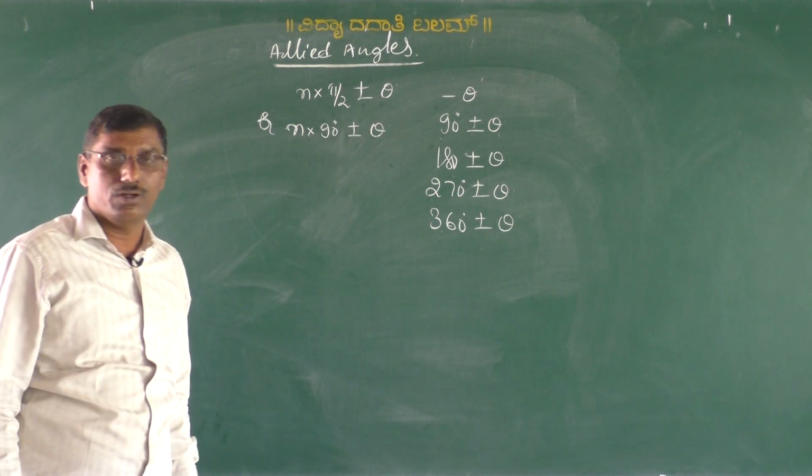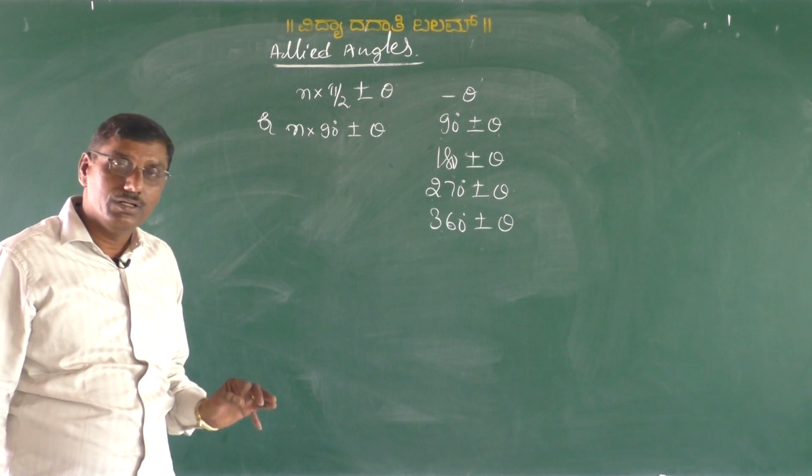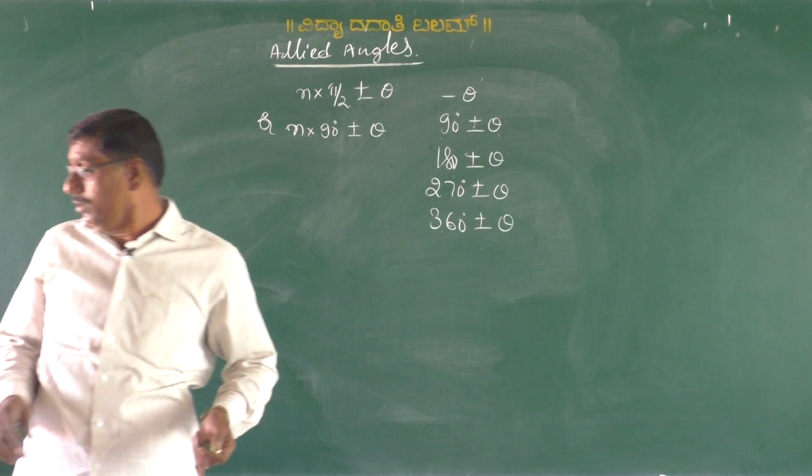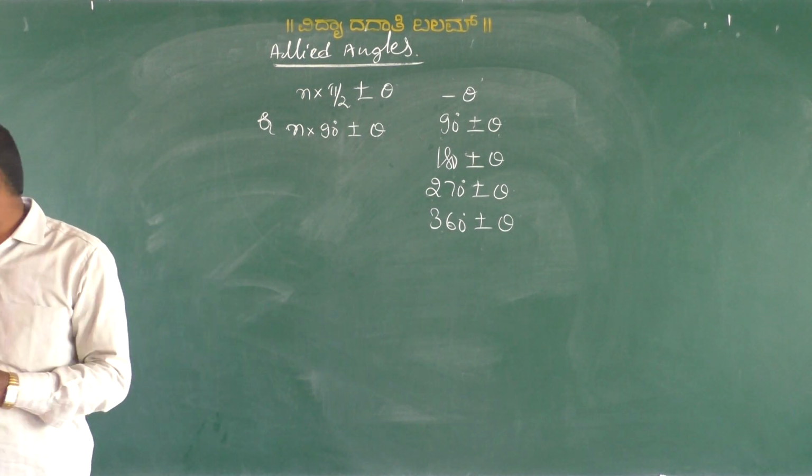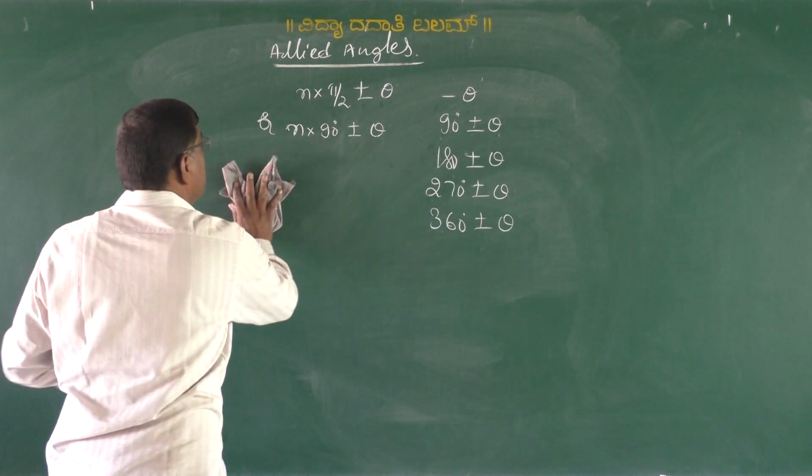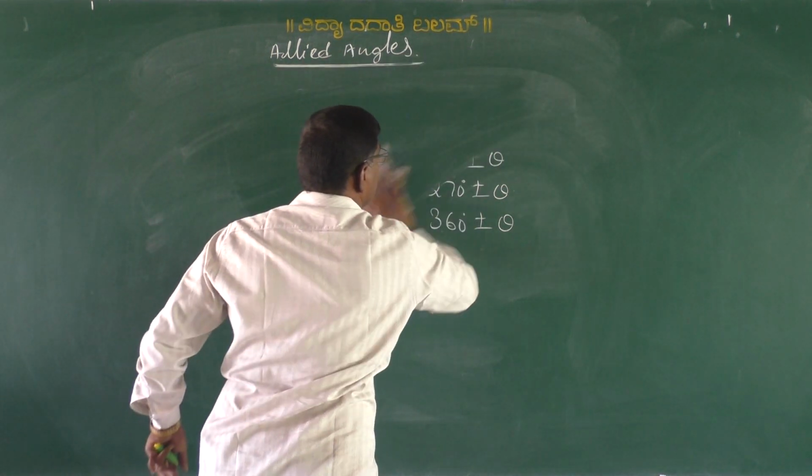Have you all understood? Yes. Now, we have to express these allied angles in terms of the 6 trigonometric functions